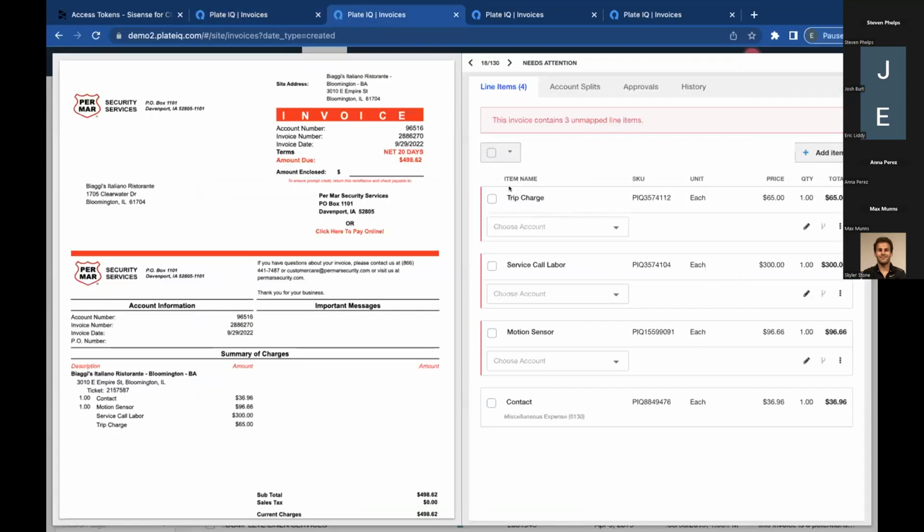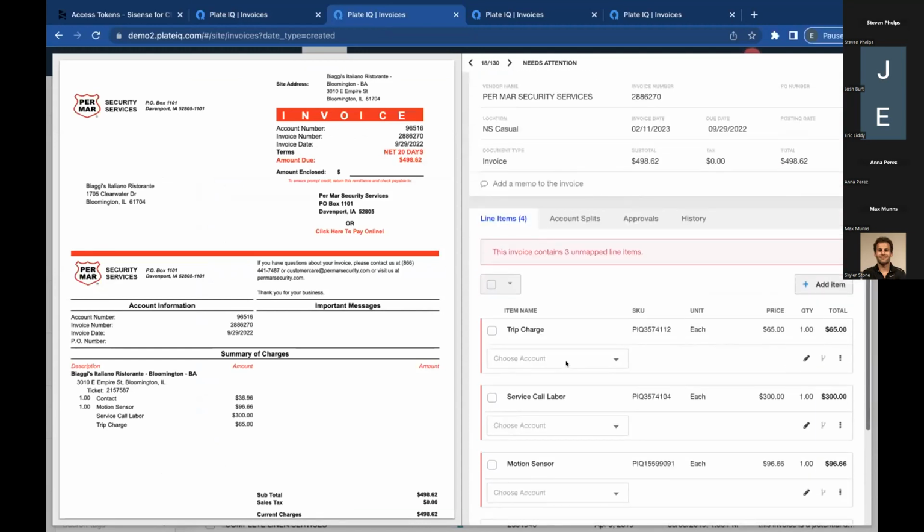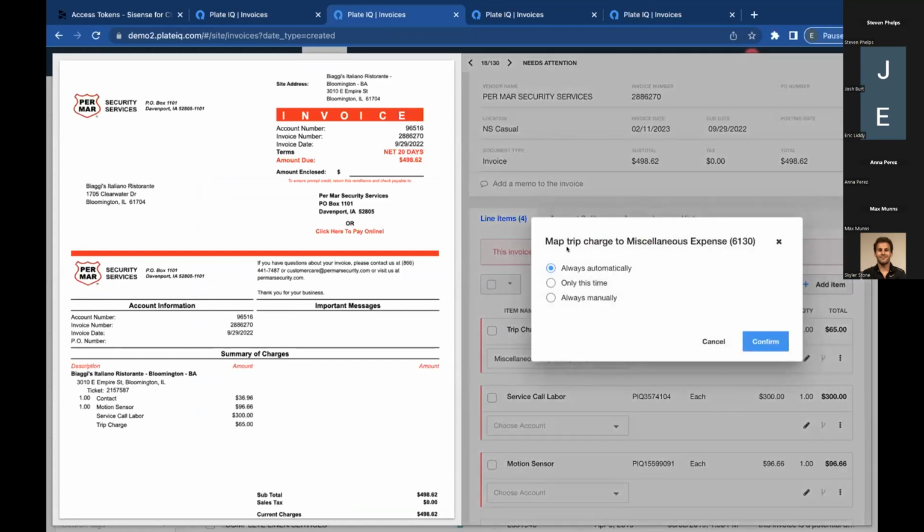But if we have an unmapped item or a new vendor, it's pretty simple to come in here and just teach the system. Again, this is an AI learning tool. So we have the ability to teach the system consistencies. So if this trip charge is always going to go to miscellaneous expense, I can teach the system, hey, every single time this item or this invoice in general comes in, we can automatically allocate these invoices or items to